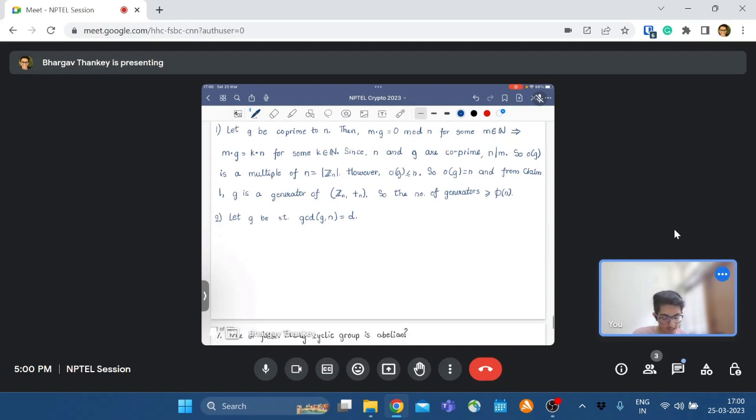Okay, N. So in this case, let the GCD of G and N be D, and since they are not co-prime, D is going to be something other than 1. Then notice that G,